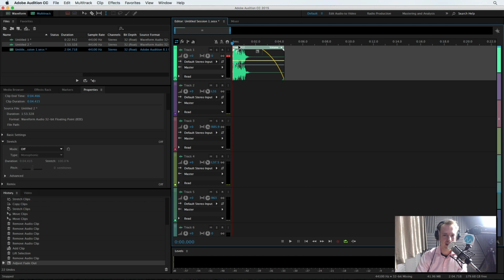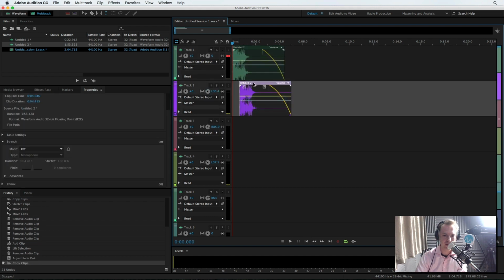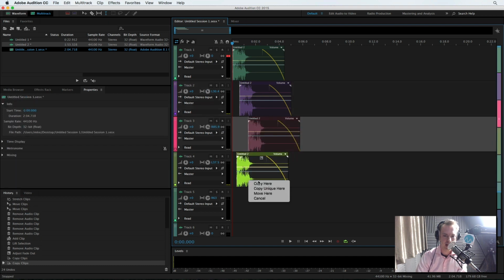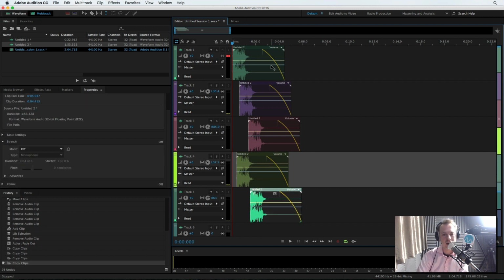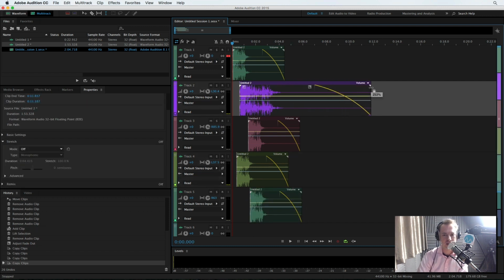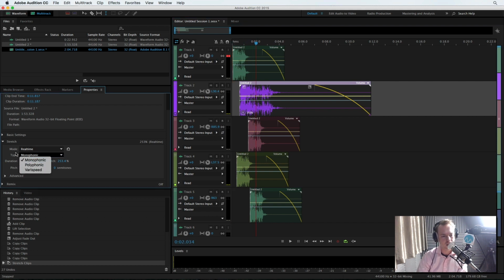Okay, and we're simply going to scare the neighbours now by dragging this onto new tracks. I've already done it, but I've panned this over to the left a bit, panned this track over to the right a bit, and we're just going to layer them up like this, like so. Then we're going to use a little bit of time stretch to make the bomb sound different lengths and intensities. And in the properties over here, I've actually got the options for stretch already enabled, but I'm going to go to, instead of monophonic,